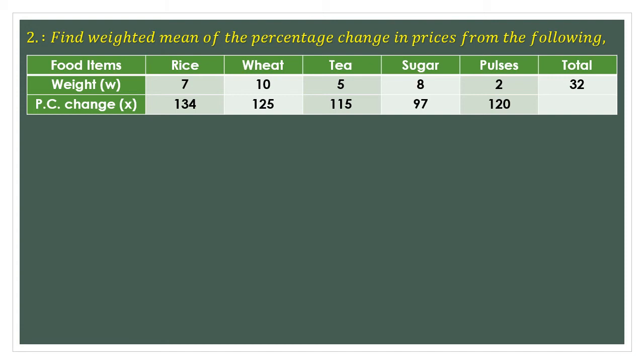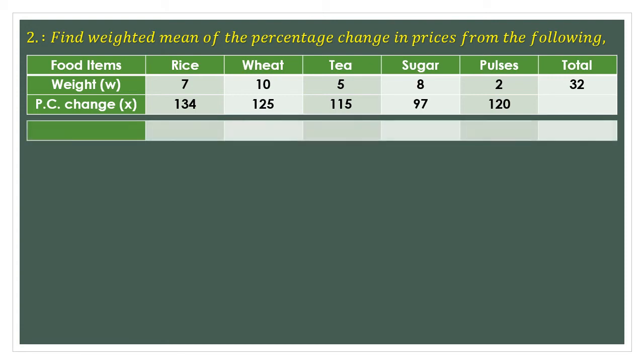Now to calculate the weighted mean, we need to multiply the weights with the percentage changes, that is X. Usually when only 2 or 3 values are there, we multiply them in our equation only, but this time there are 5 values, so our equation will be a bit bigger. So rather than multiplying it in the equation itself, I am going to multiply it in the table. I am going to prepare an additional column for the multiplication of W and X. So we will multiply each value one by one. That will be 938, 1250, 575, 776 and 240. And when you make the horizontal total of all the values of Wx, you will get